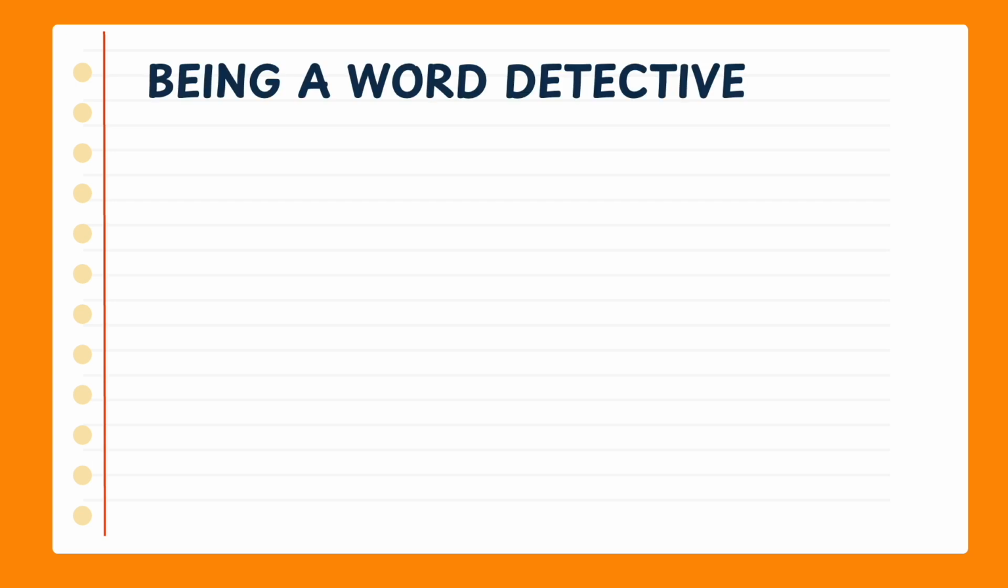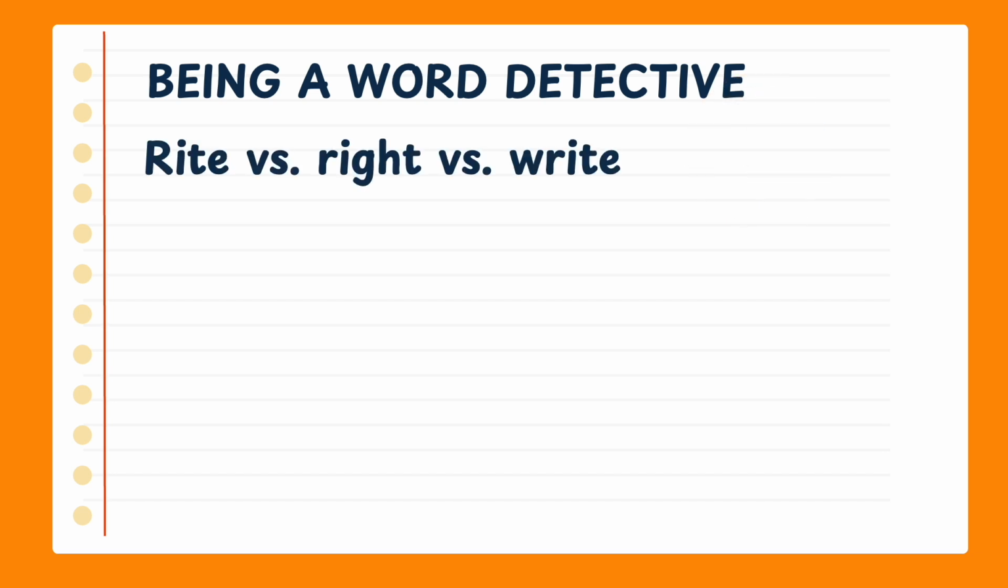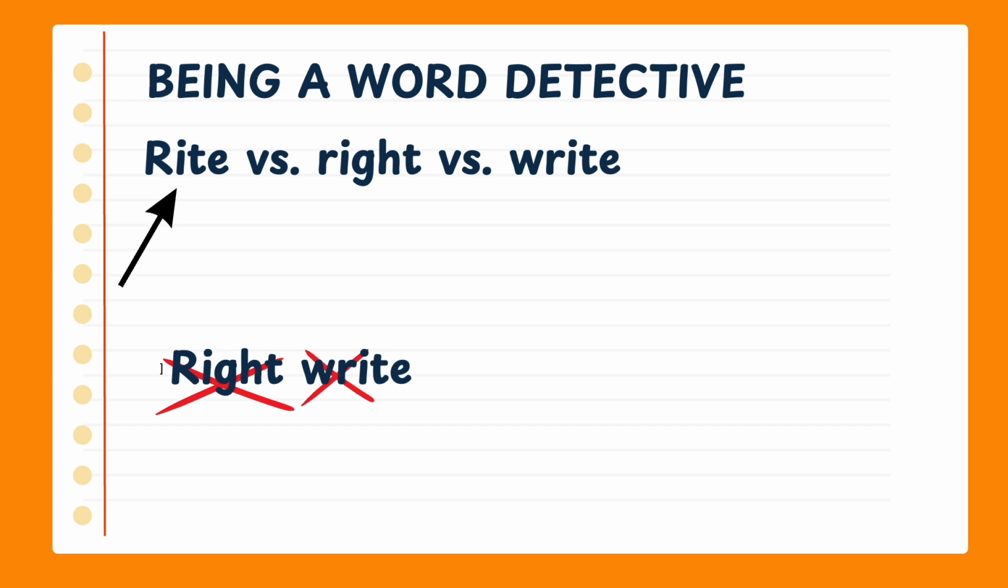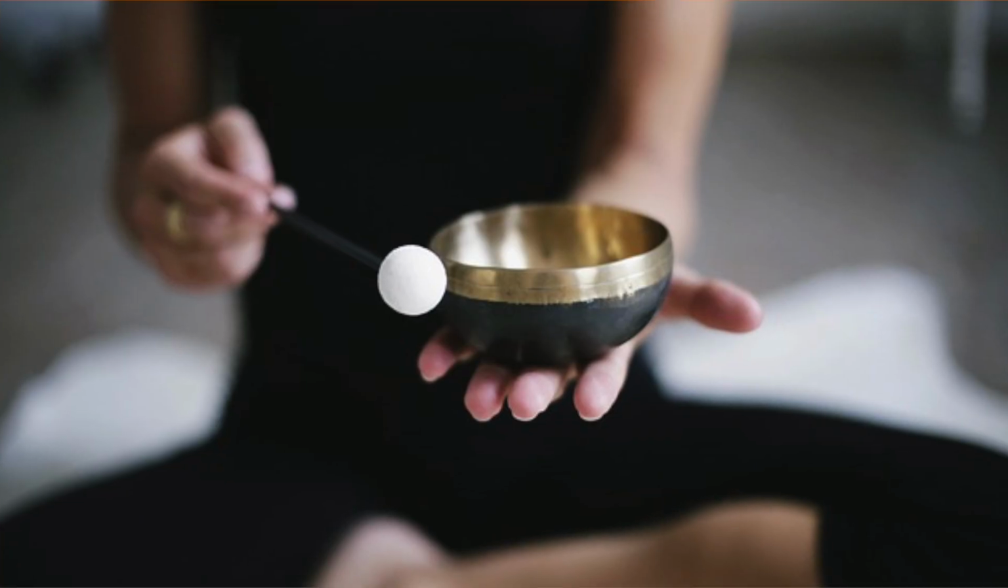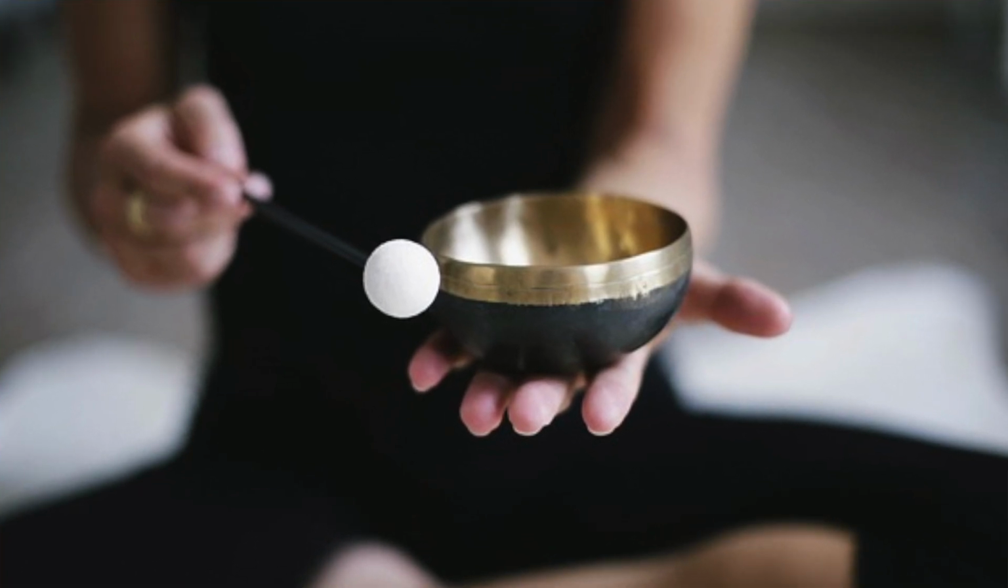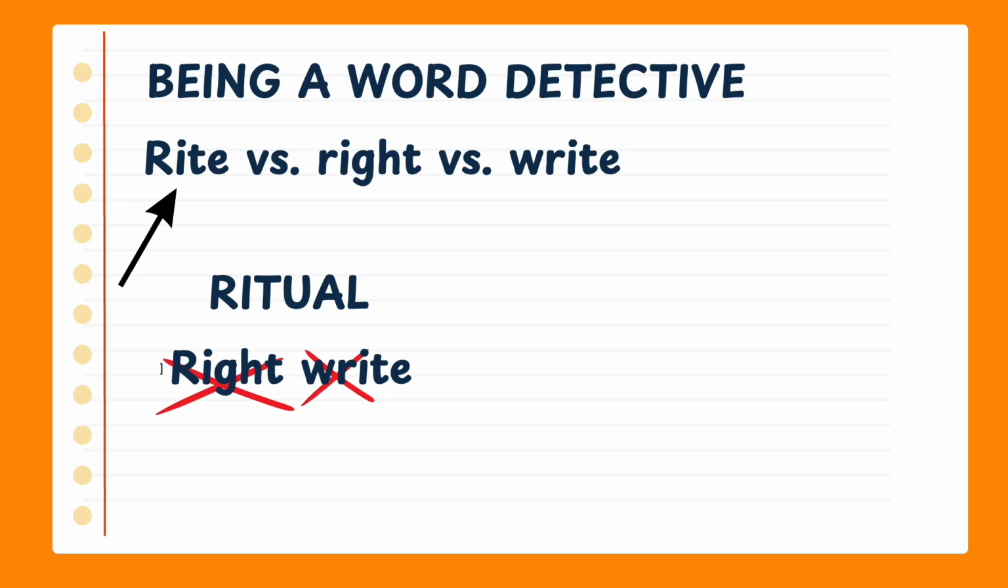Some spellings are more logical than you expect if you just looked close enough, so let's be word detectives. For instance, words that come from the same base word. Right versus rite versus write. Rite cannot be spelled as right or write because it's linked to the word ritual. Both rite and ritual come from the same base word, the Latin word ritus, and in fact, they both have